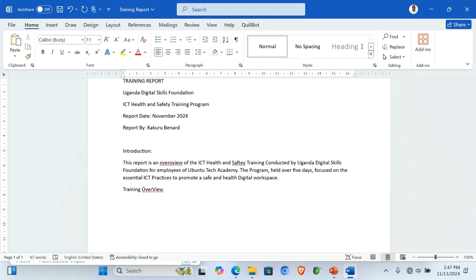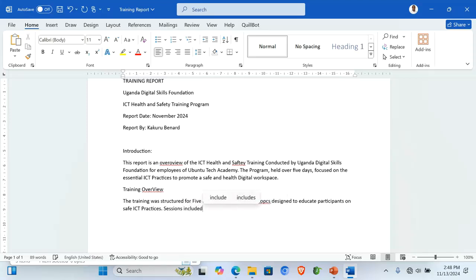So here we can say the training was structured for 5 days, covering a range of topics designed to educate participants on safe ICT practices. Safe ICT practices, full stop. Sessions